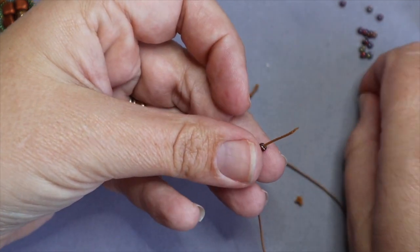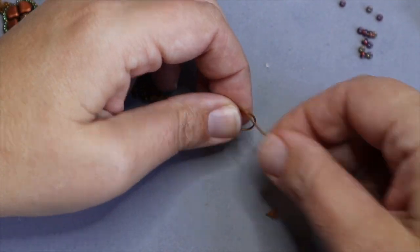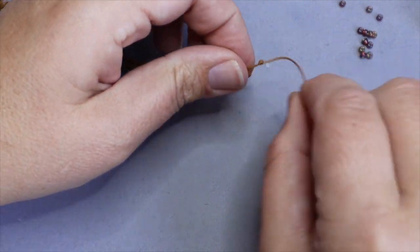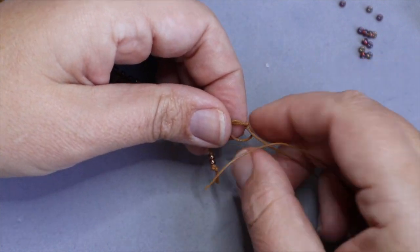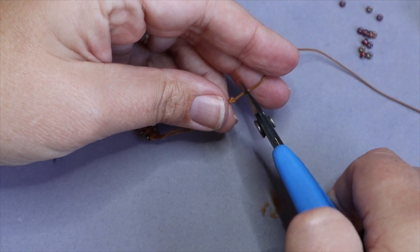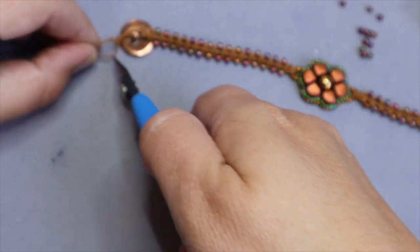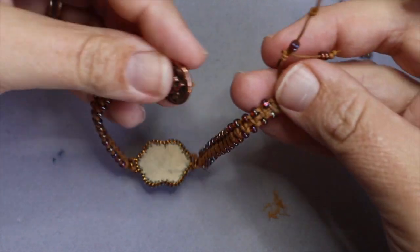So I'm going to go ahead and I'm going to put a few pieces here, and then here you go. So I'm going to make a knot, and then I'm going to make another knot that will go right over that one, and then again trim that off. So I'm going to go ahead and I'm just going to trim these pieces here so that now